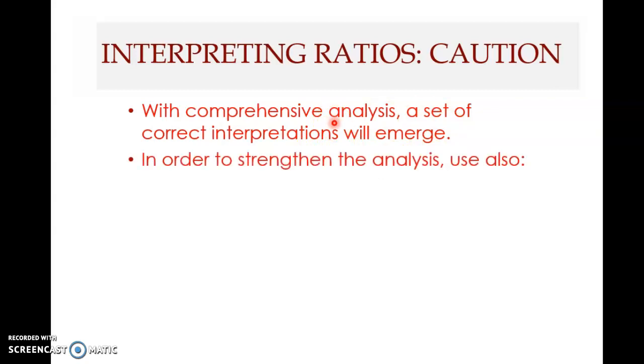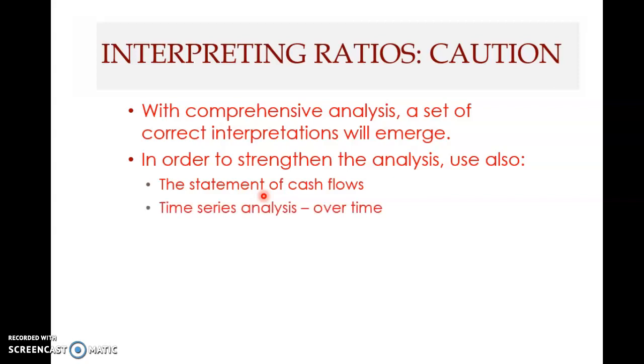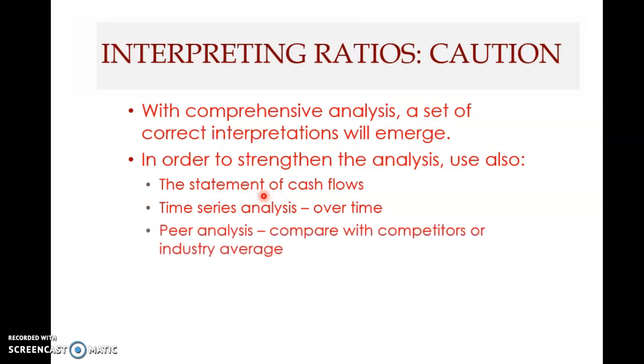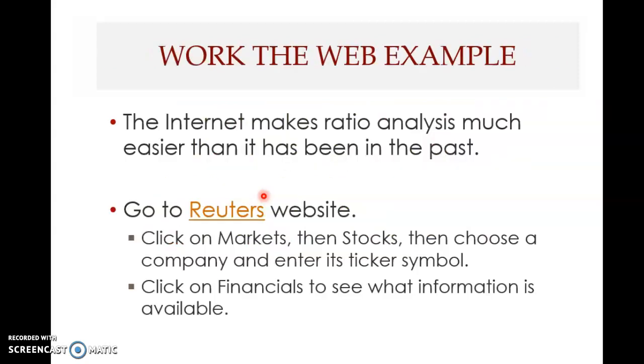Alright, in order to strengthen the analysis, you should also use the information from the statement of cash flows. Look at how the cash flows are generated and how the cash flows are used. This will give a proper perspective to your ratio analysis. Then also use time series analysis, meaning over time, and also peer analysis, comparing with competitors or the industry average. Those are the cautions that you need to exercise when you are doing ratio analysis,